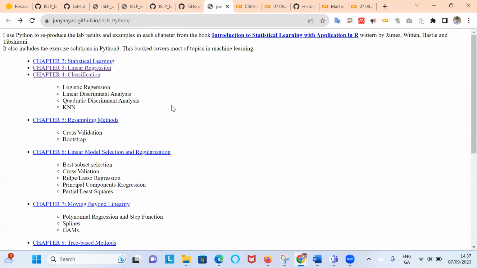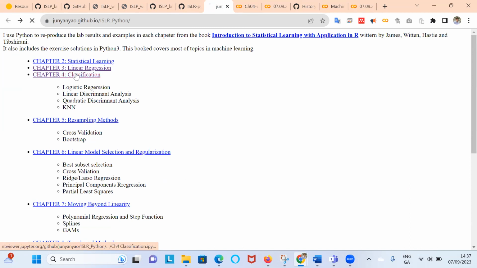There is a GitHub from Jungya Wu, sorry for mispronouncing, and they developed a few years ago the Python version of ISLR. And again, if you go into their linear regression model, sorry, it should have been classification. If you go into the classification model,